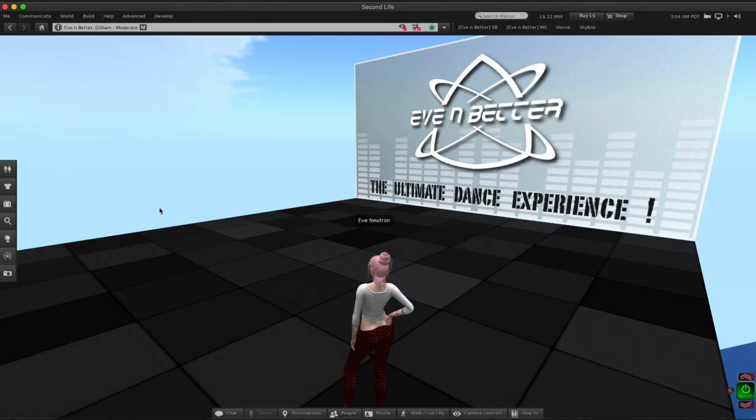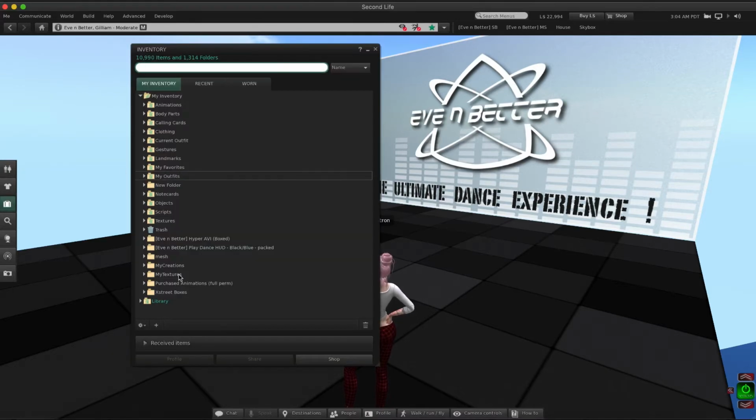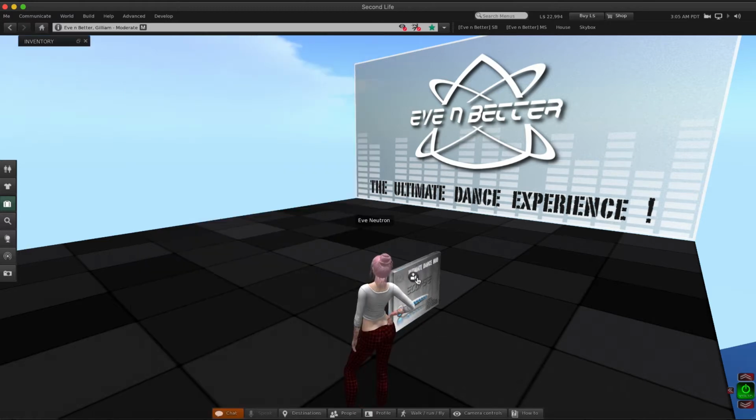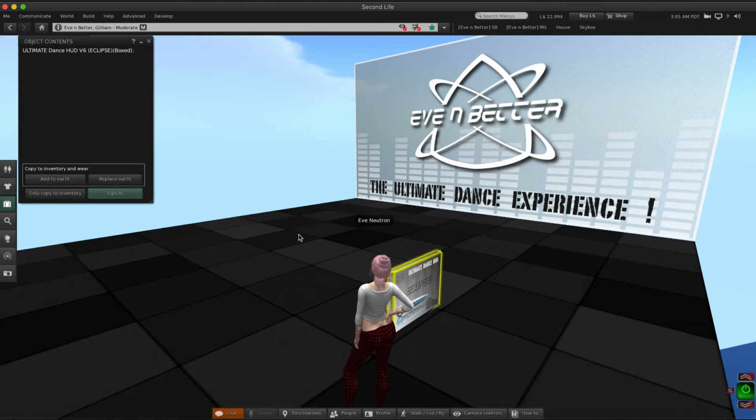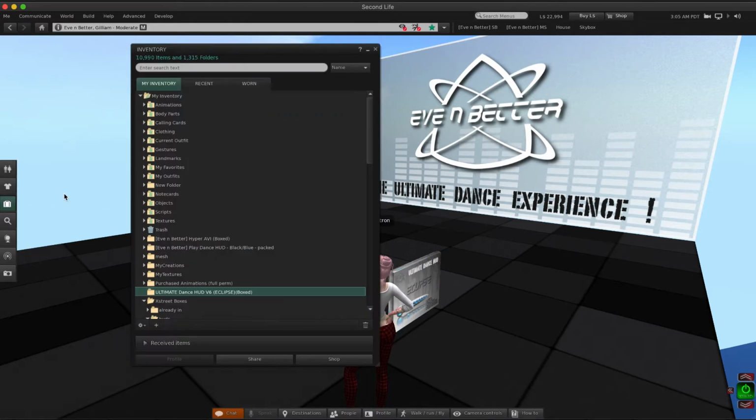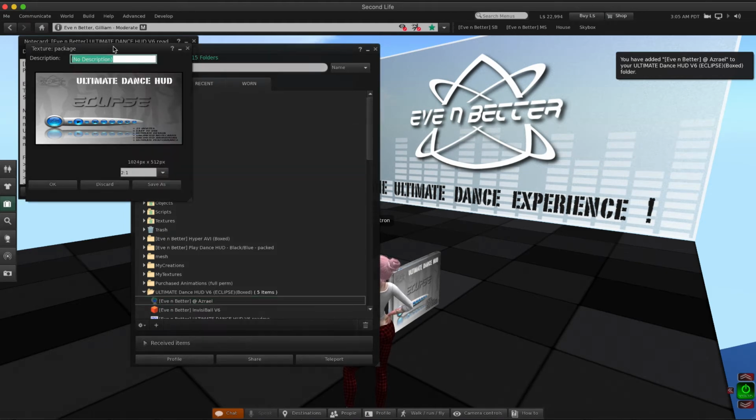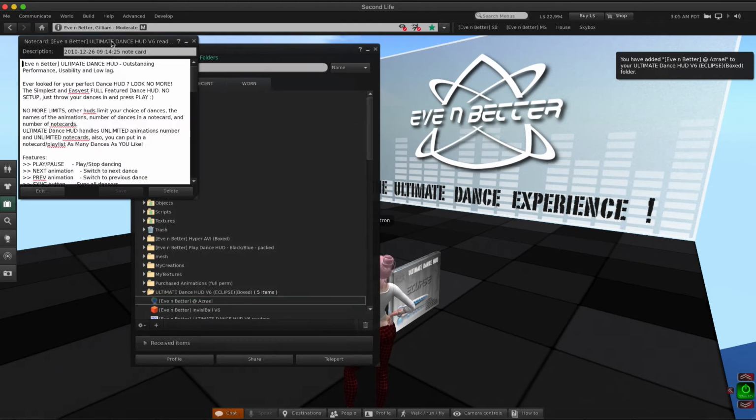Let's locate our Dance HUD package in the inventory and put it on the floor. You can just drag it, then we will click on it and press "Copy Only" to inventory. Just like that. Once it's copied to your inventory, you will have a new folder containing the Dance HUD and